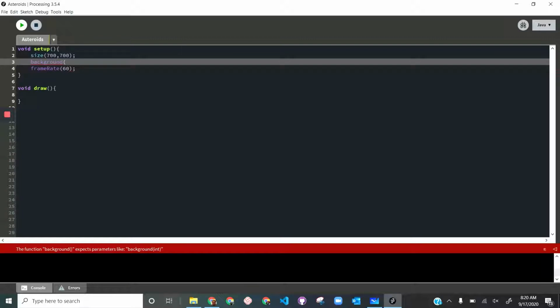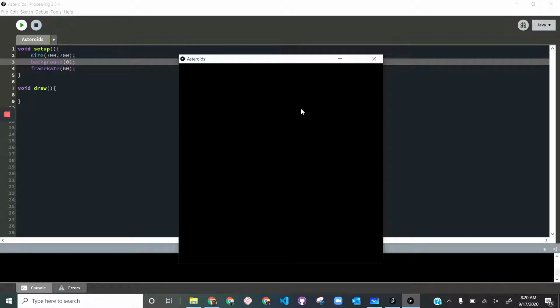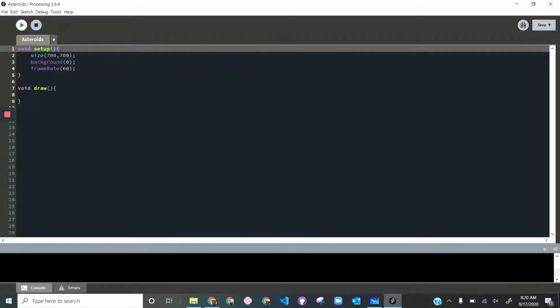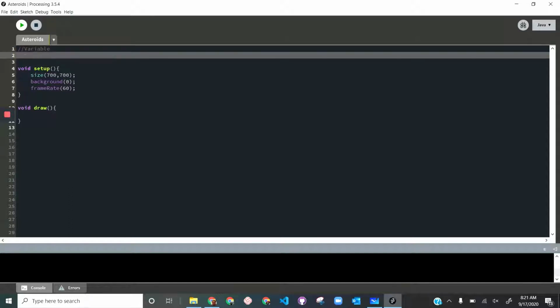Another thing that Java programmers like to do is outside of void setup, we like to set up variables. And this is where commenting can be kind of nice. So if you notice before, I did these double forward slashes. That's to denote a comment. So whenever my program runs, if I have a double slash, I can write comments, and it turns up gray. This is code that the computer won't run. It doesn't run any comments. The comments are just there for the programmers to know what's going on and to pass notes on what certain